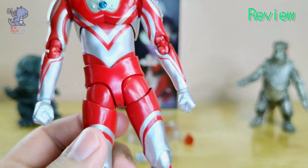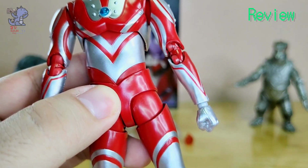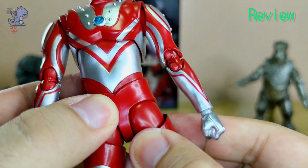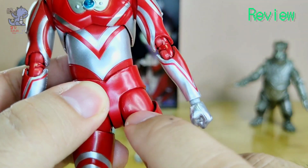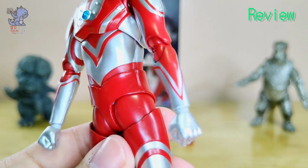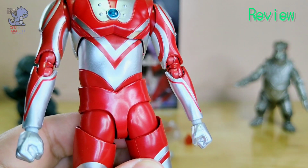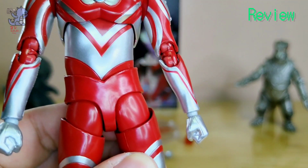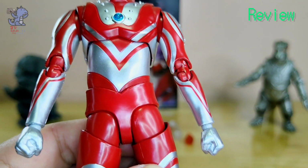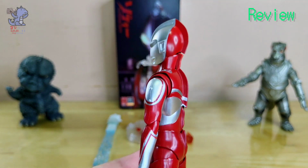It's not only isolated to the chest or the upper parts, it's all around the body. And another criticism that I have found, but I think this is more of a production issue rather than the fault of the general sculpt itself, is this paint rub off right over here. I don't know if that's a distribution or a logistics problem. The reason why that paint over the left leg has been rubbed off, as you can see over here. There's a paint rub off right over here, but I can't fault them that much